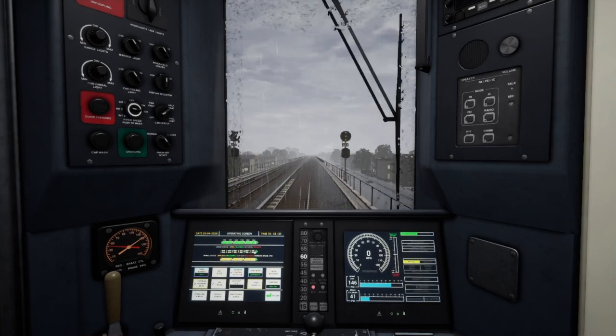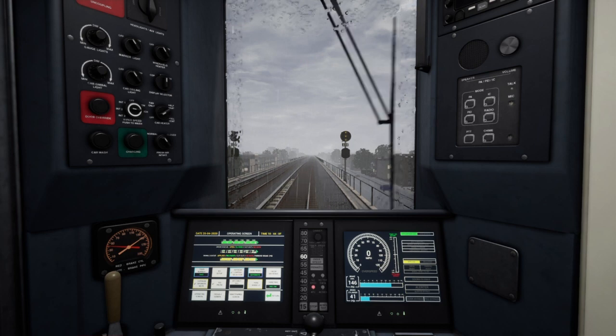Talking about conductors, I think we should be able to play as them on this route. The New York City subway is known for having both an operator and conductor on the train at all times, except for shuttles like the 5 train. I've already made a suggestion video about a conductor mode, and that will be in the playlist linked in the